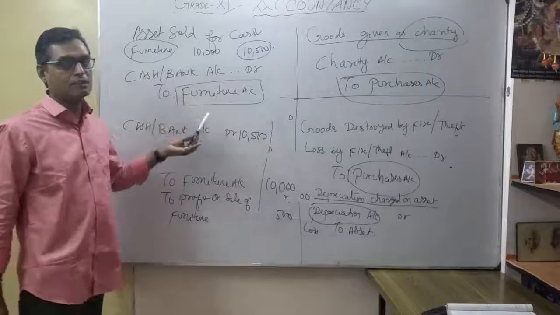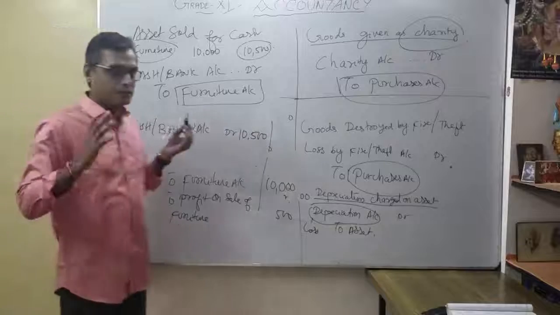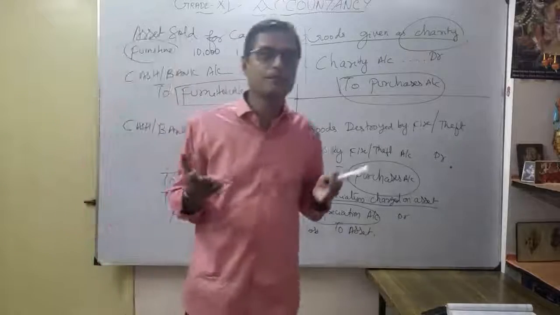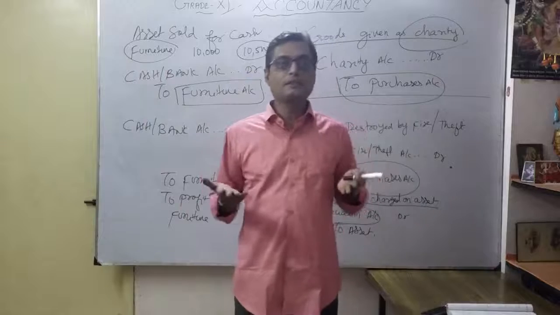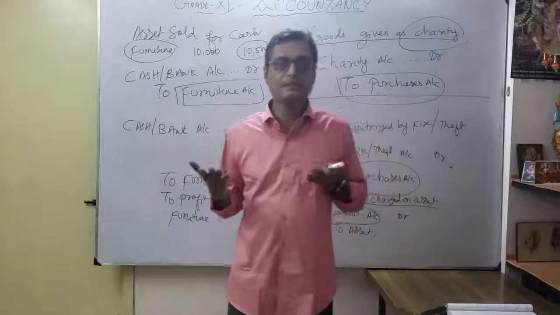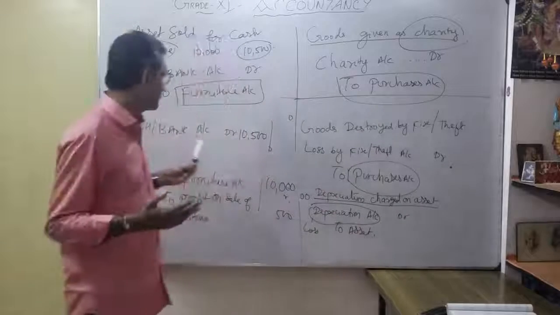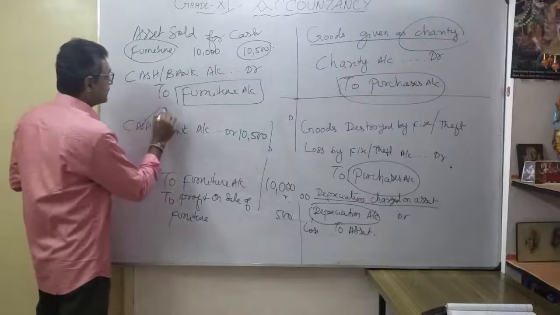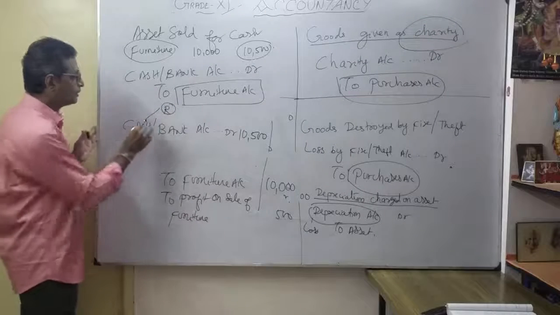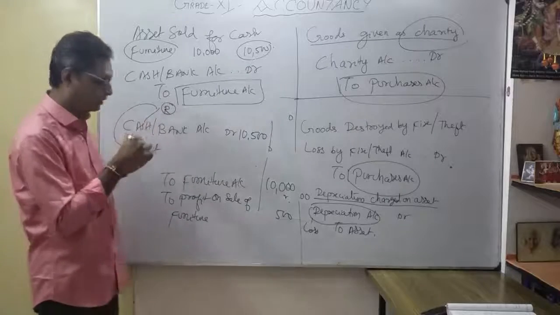So whenever there is a loss, how to give the effect; whenever there is a profit, how to give the effect. Ultimately you have to confirm that debit and credit are equal. As a double entry system, for every debit there is definitely a corresponding credit. Correct. So you want to verify based upon the rule. Now I verify: the cash account comes under real account. Why is it a real account? Because it is an asset. So as a real account, what's the rule?